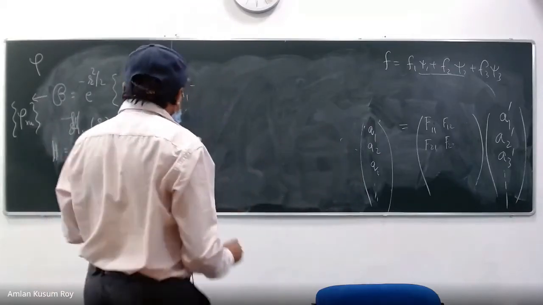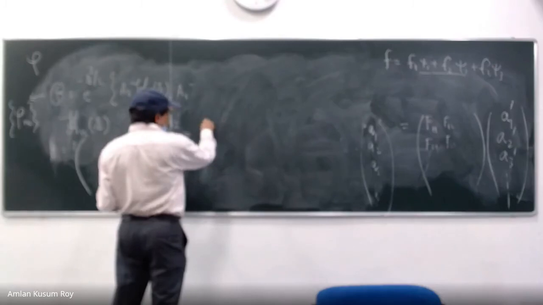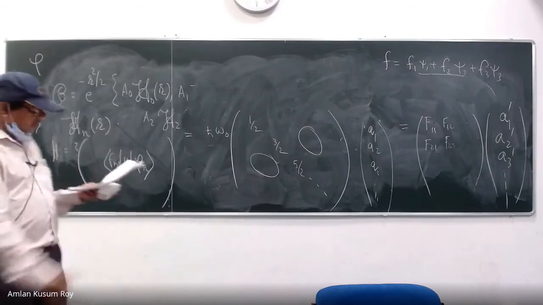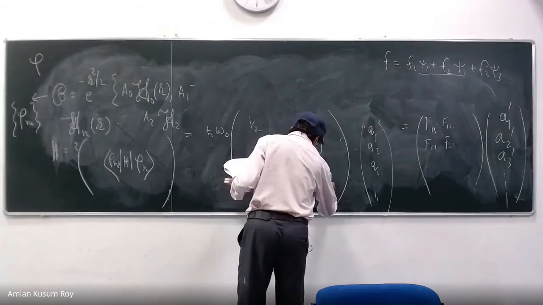So what should I write here? Just tell me, what is the structure of this matrix? It will be a diagonal matrix only. And what will be the diagonals? It is n plus half h omega. So the first one will be half, then the second one is 3/2, 5/2, like that. Thank you. So this is the representation of the Hamiltonian in this basis. The nth term will be n plus 1/2.